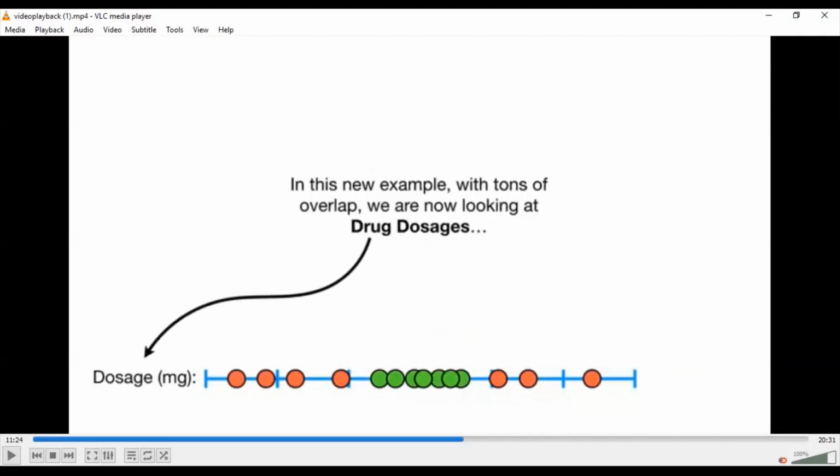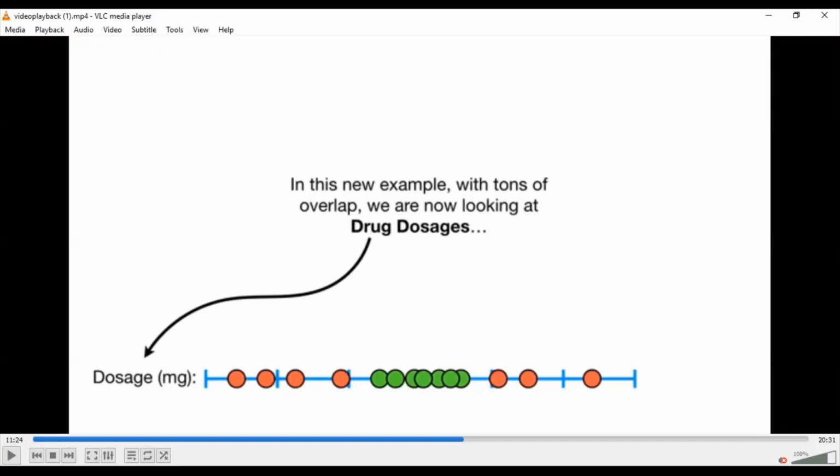Now, just imagine we have to do support vector classification only, but we have this particular line. This line tells the effectiveness of a drug, like how much of a medical drug you should take to be effective. If you take a less amount of drug, it's not going to be effective. If you take an ample amount of drug, it's effective.